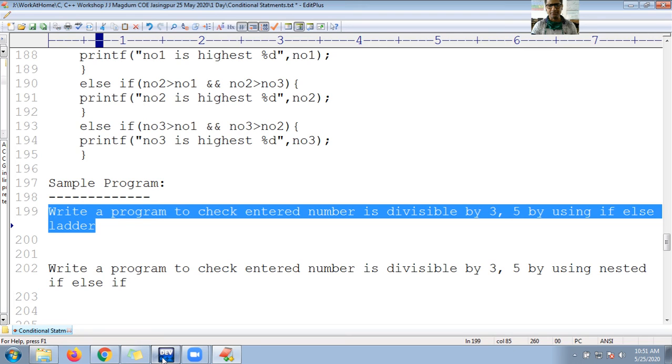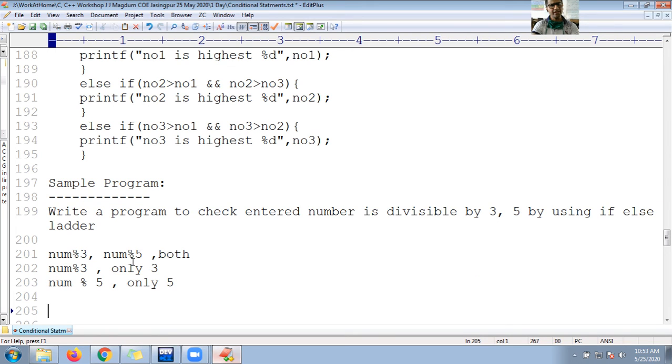Otherwise, it is neither 3 nor 5, at last. So you can have if, again if else, again if else, and at last only else. So this is the logic, guys. So let us write the logic.